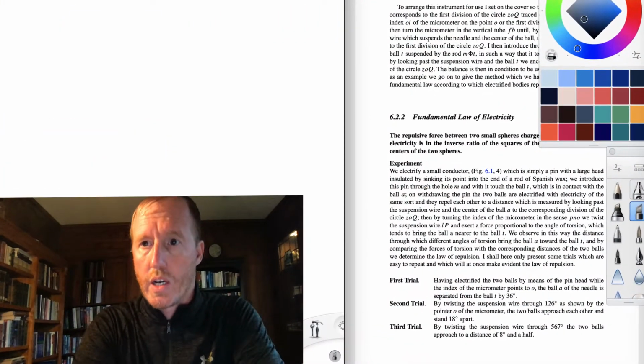Let's continue our discussion of Coulomb's law. We've been looking at A Student's Guide to the Grade Physics Texts, Volume 3, Chapter 6. In my previous lecture, I gave a detailed description of the torsion balance that Coulomb would use to develop his law of electricity. In this lecture, what I want to do is walk you through the experiments themselves that he carried out. So this is on page